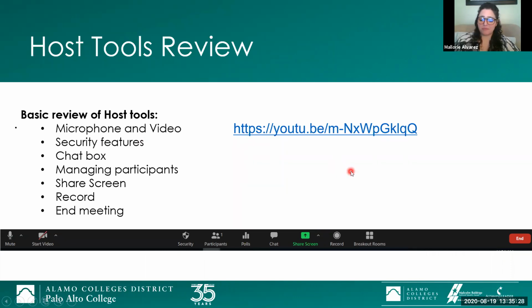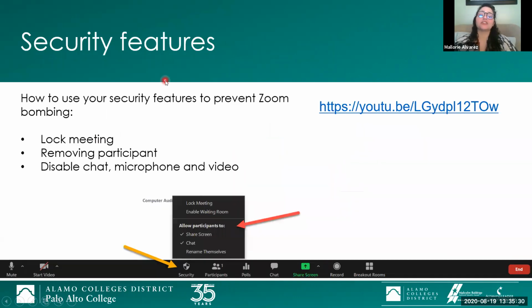Okay, so moving on, the security feature. As promised, I said I would go into depth on the security feature. So I have a little YouTube recording that kind of streamlines and goes into detail of what that Zoom security feature is. And the reason why I want to play this recording is that way you can see these buttons being actively clicked on and being used in real time.